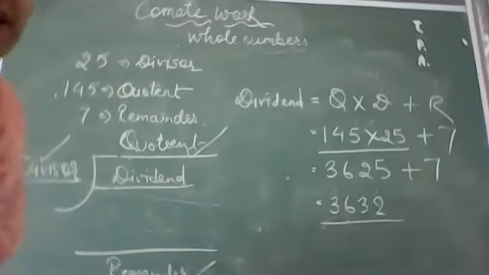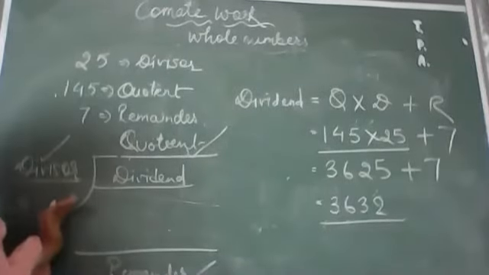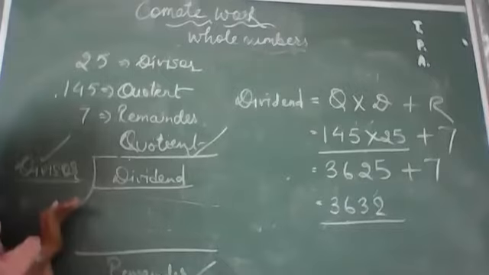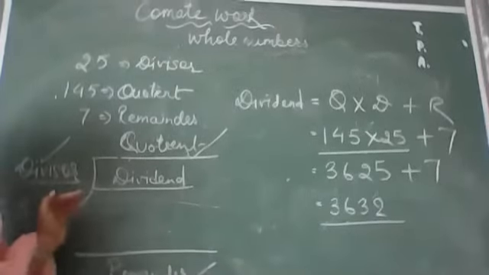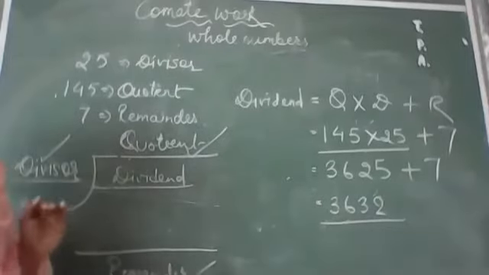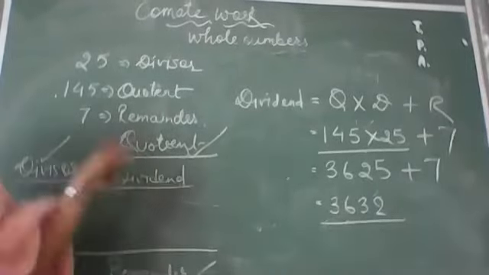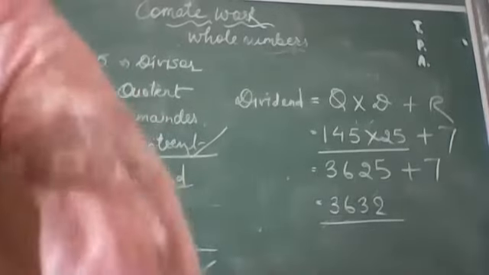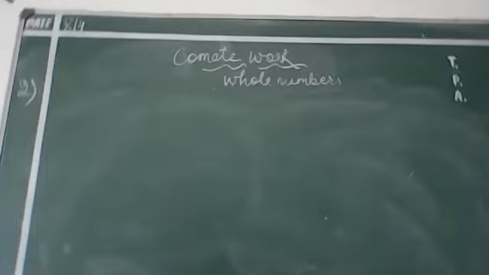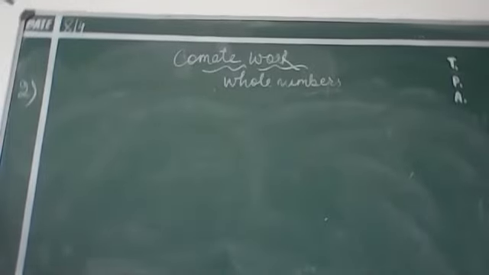And remember beta, this process is also there when you were doing division, no? You were taught this process of checking here, that in this process you were using it for checking also, whether your answer is correct or not. So this process we are using here for finding the dividend. Okay? Yes. So students, question number 2 is